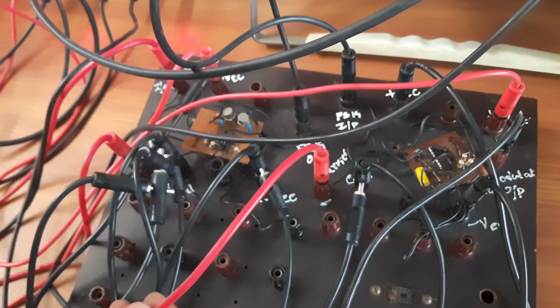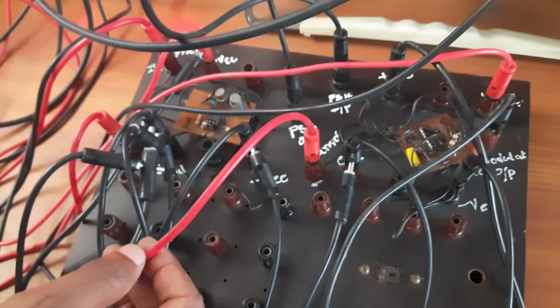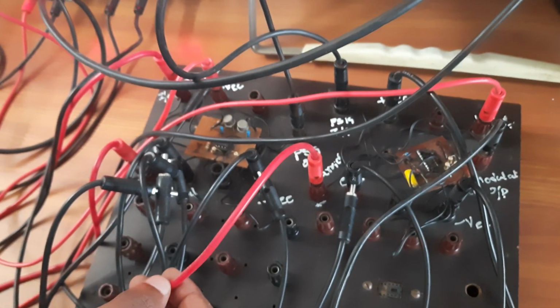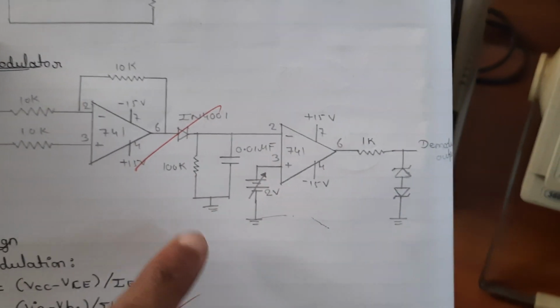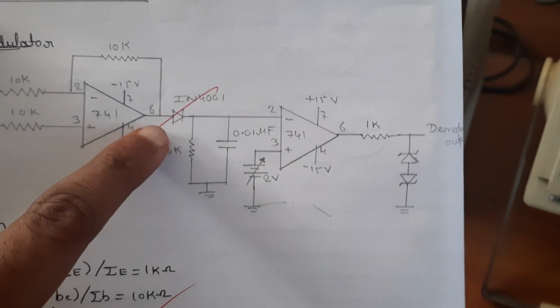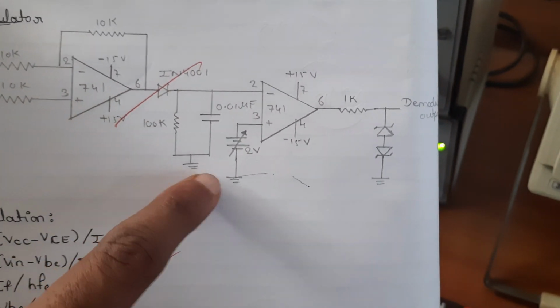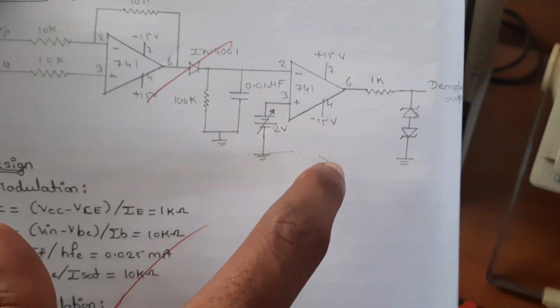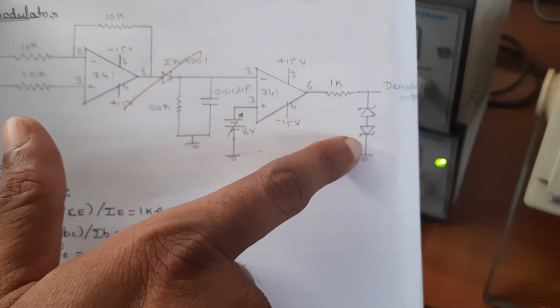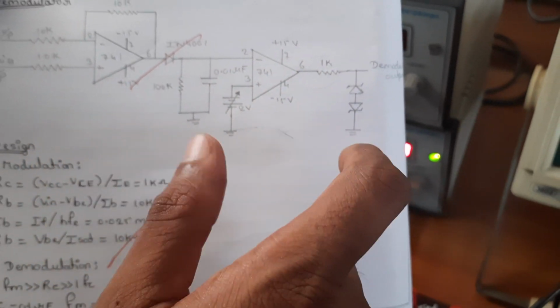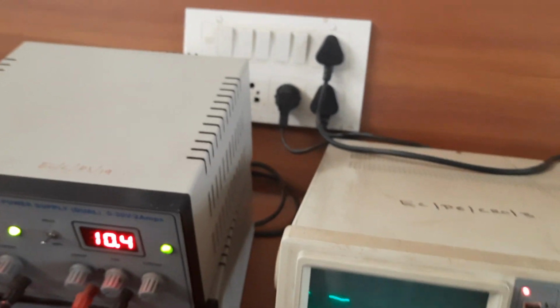By doing so, you are improving the data, and the probability of error occurrence is reduced. We have been reinserting the carrier. Here we use an op amp, then a low pass filter, then a threshold voltage circuit, and here two diodes are connected in order to maintain a constant voltage. Here you have to apply the reference voltage.